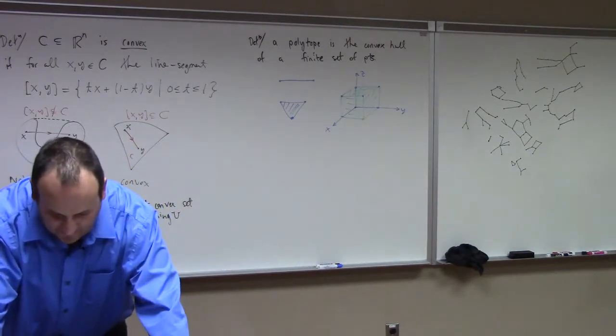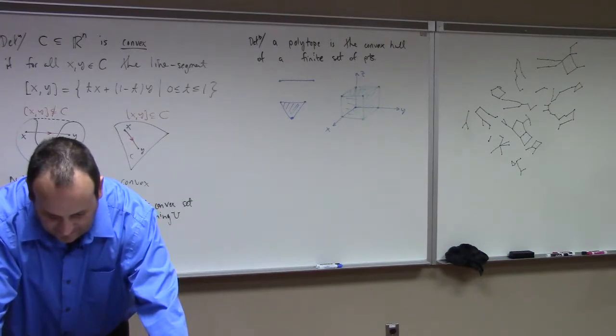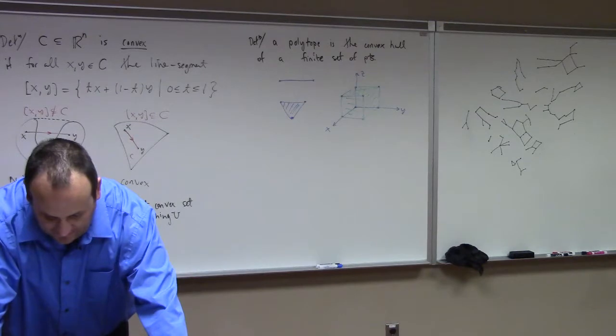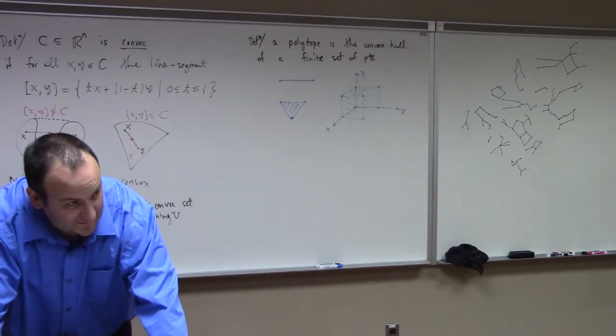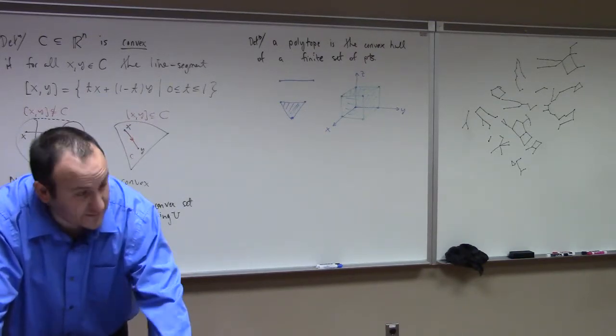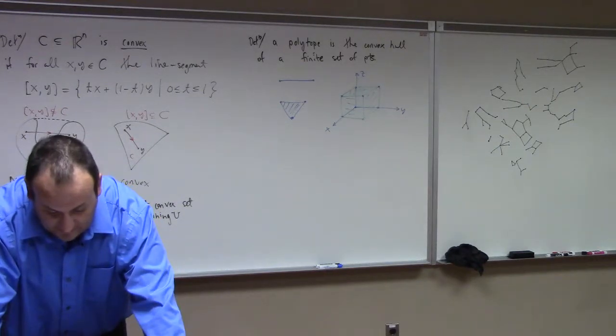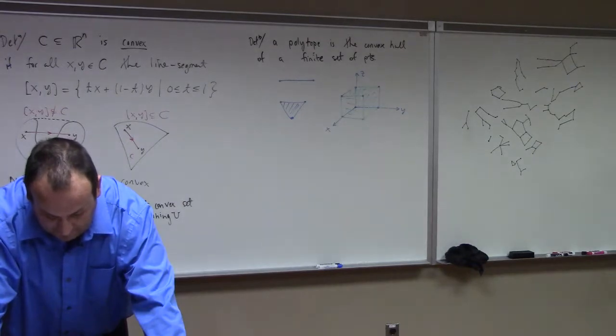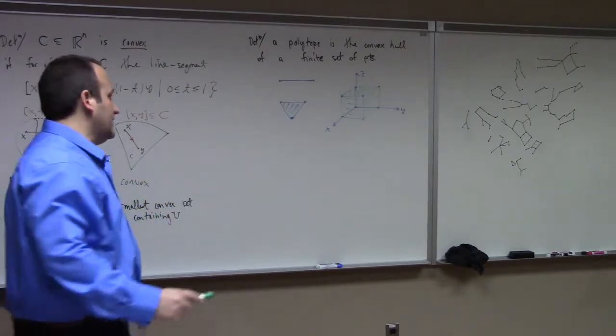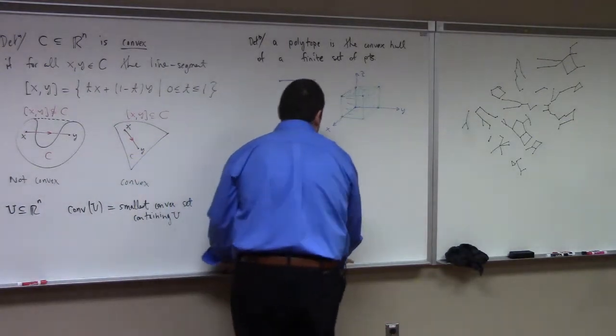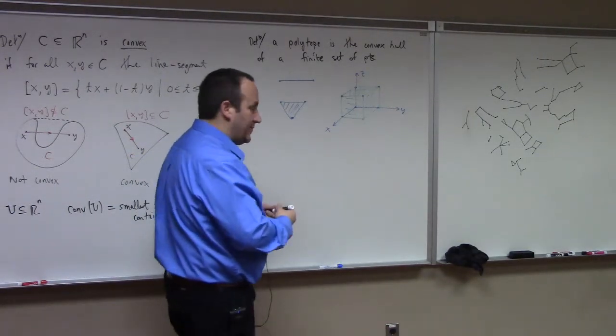What's exercise 5.1 say? It says take a finite set of points in Rn and take a linear combination of them such that the weights of the linear combination are not negative and sum to 1. Then P is a convex combination of the points in S. Show that the convex hull is precisely the set of convex combinations of points in S. Use induction on K. In other words, what exercise 5.1 does is it gives you a stone-cold formula for the